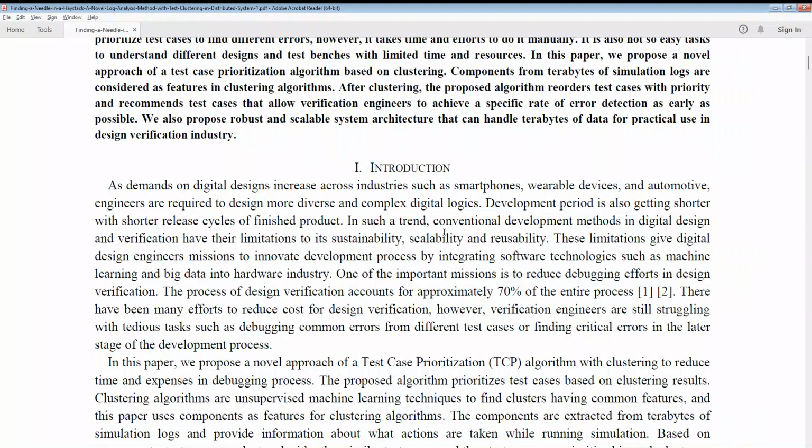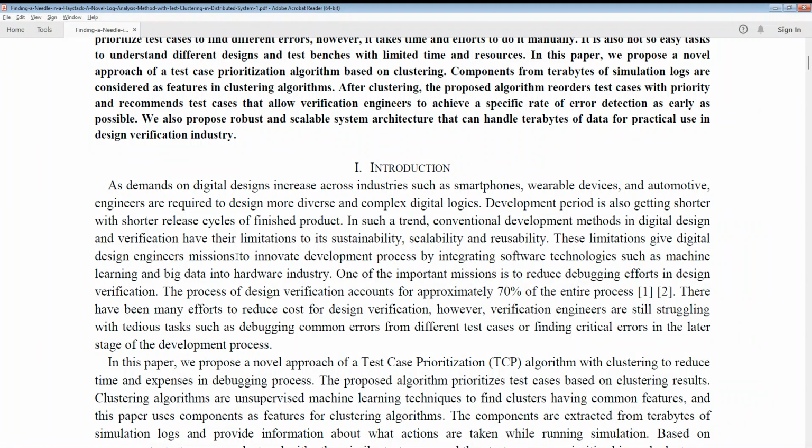Development periods are also getting shorter, with shorter release cycles of finished products. In such a trend, conventional development methods in digital design and verification have their limitations in sustainability, scalability, and usability. These limitations give digital design engineers